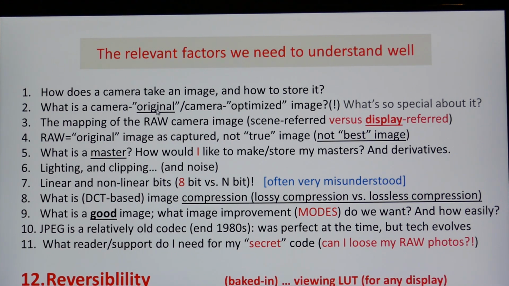Well, should the master be the RAW? Should the master be sometimes the JPEG? If you shoot only JPEG and there's no RAW, then you don't have the RAW. Or should it be the digital negative, maybe, as an intermediate position? It has the advantages of being still more or less mostly RAW, but on the other hand also standardized, generally usable and recognizable, which may not be the situation with a RAW file, because it's a secret code,